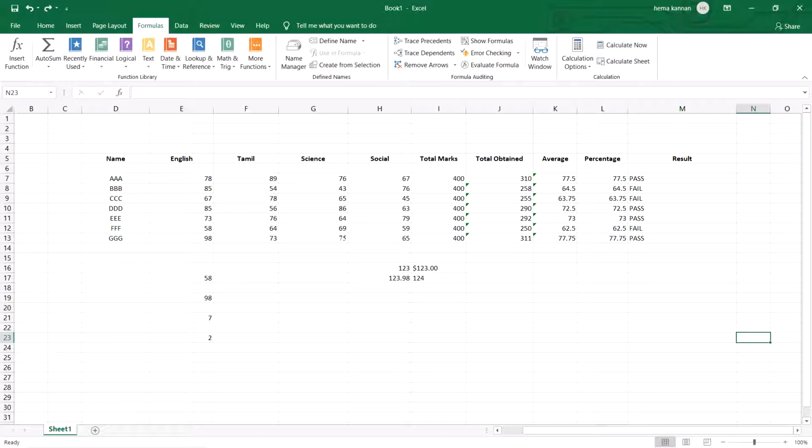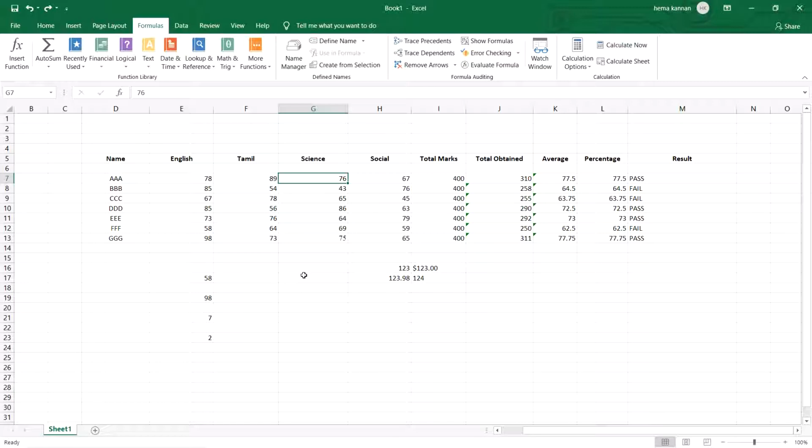CONCAT and CONCATENATE are nothing but joining the cell values and dropping that value into a particular cell. For example, we have two marks here, the Tamil mark and the science mark of a particular student AAA. If I am going to join the cell values and drop them into one location, then I need to use this formula.